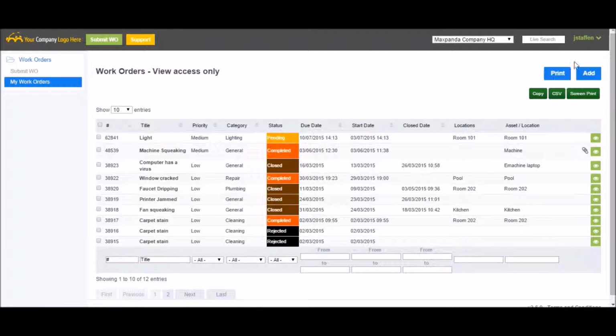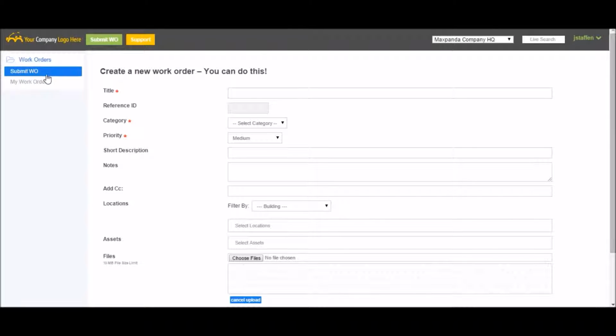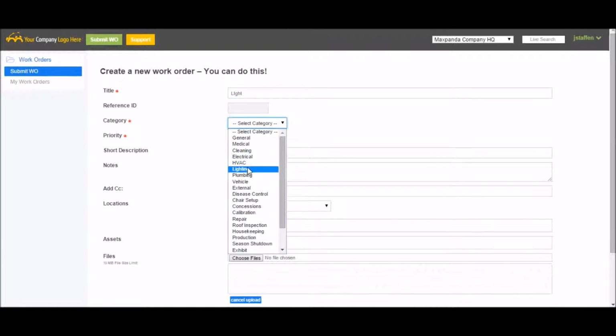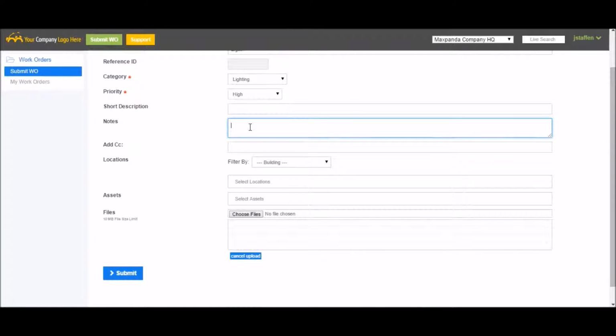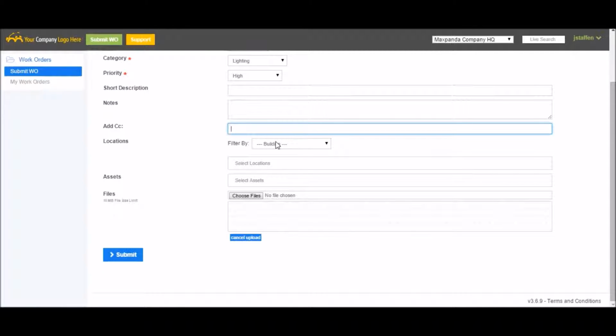To submit a work order, click the Add button in the top right corner, the Submit Work Order button along the top, or the Submit Work Order button in the main menu. Here you give your work order a title, something to do with what the issue is. Select a category, a priority, add a short description, any notes you might want to add, just anything that there's no field for. Add CC, so an email address of anyone else you want to be kept up to date on the status of the work order, and select the building, location, or asset where the work needs to be